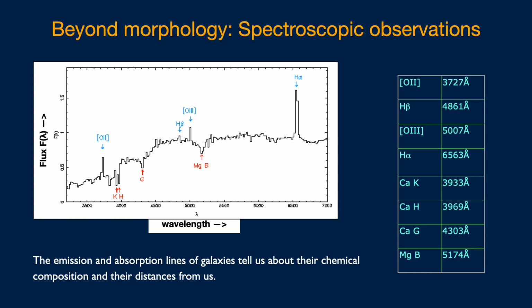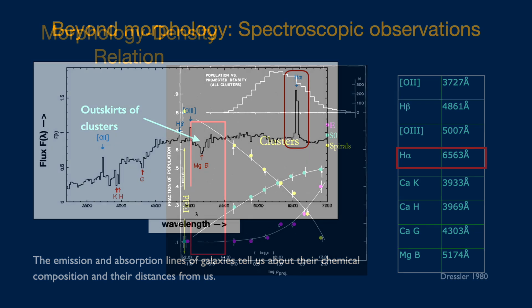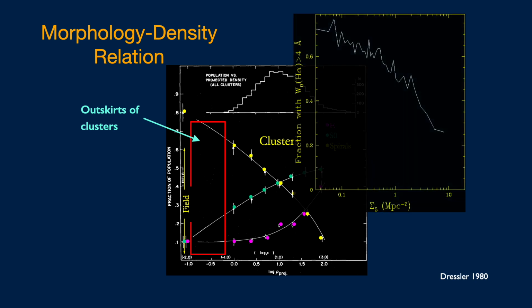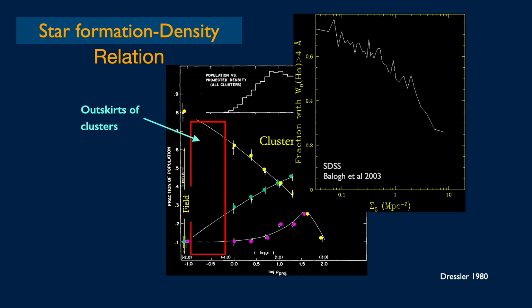So, coming back to the spectra. The H-alpha line, which originates in the H II regions, is a good indicator of star formation in galaxies. And when the strength of the H-alpha line was plotted as a function of the projected environmental density, it essentially showed the same trend of a decline in the star formation rate with increasing number density of galaxies. However, the cause of such trends was unknown at the time and is still not fully understood.